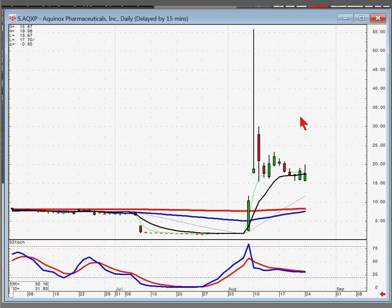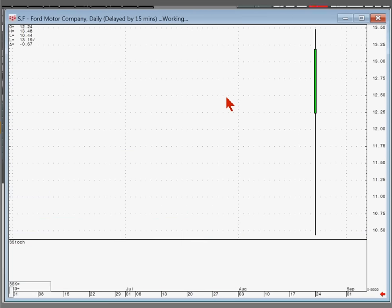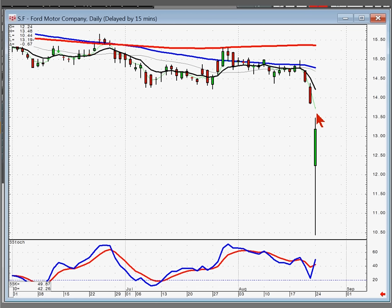How much of what you were discussing appears to be for trading? Do you also use this system for long-term positions? And if so, how would the movement of the stock in relation to the T-line determine to stay in or get out long-term? John, the longer the term, the hold, the higher the moving average. The T-line for Ford Motor Company, I would be using this as a trade. Probably the 50 would be something I'd use more for a long-term. So I'd want to see buy signals that close above the T-line, and then when it started closing above the 50, then I would start applying it more to the long-term